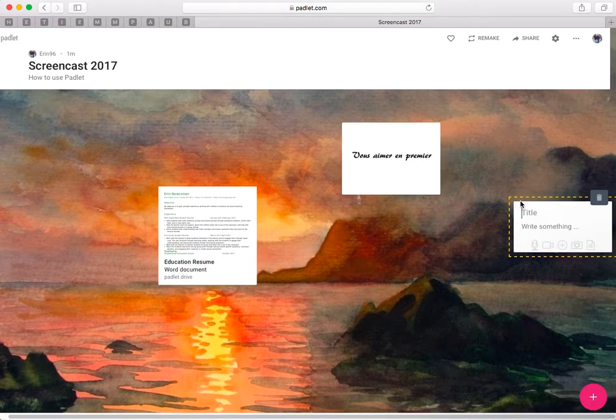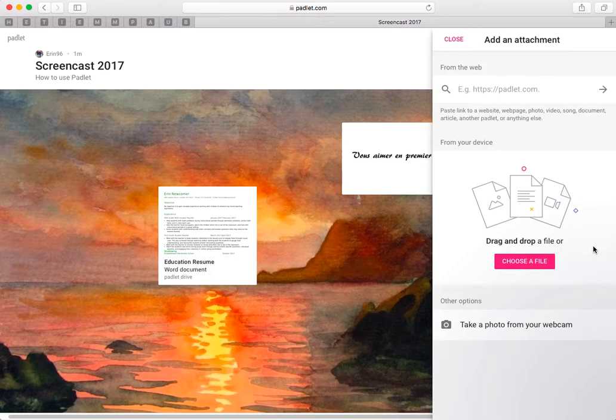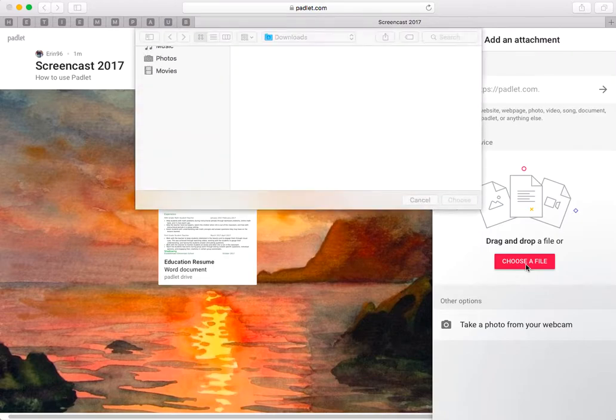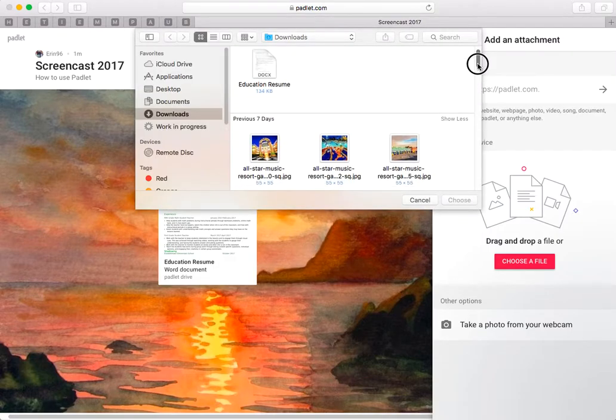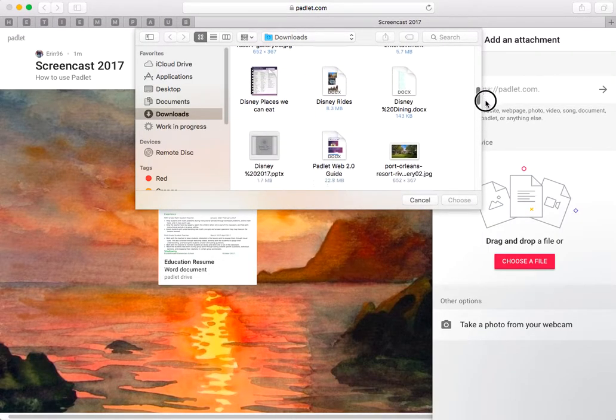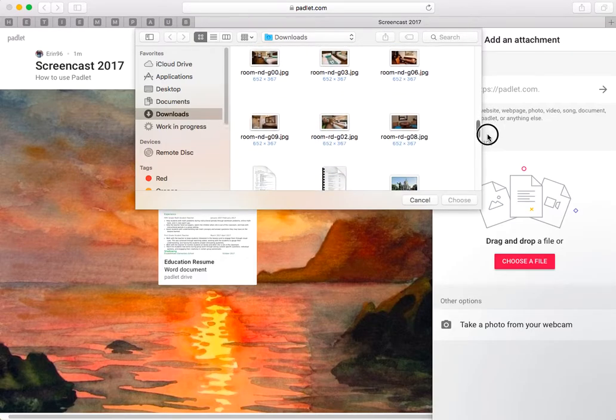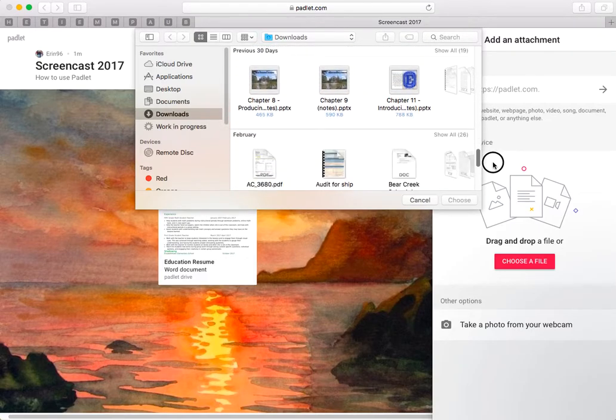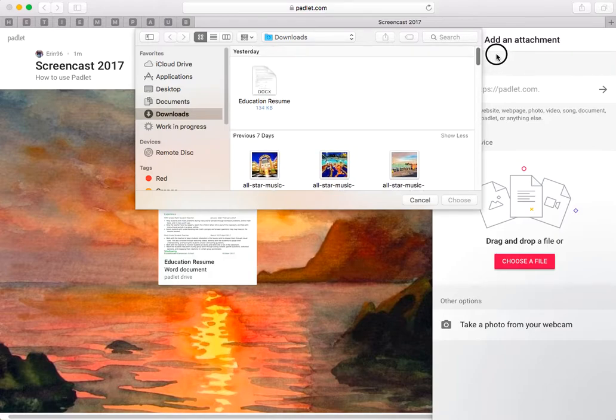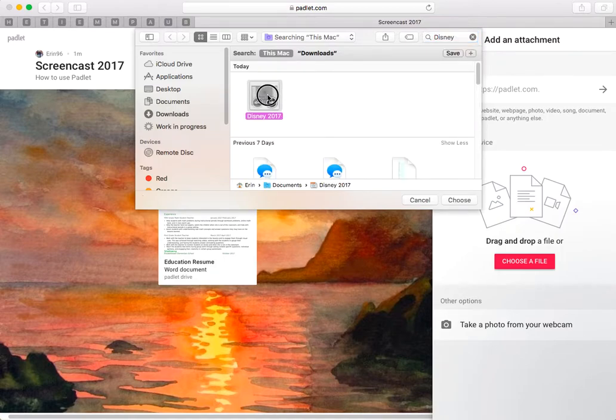And then the next one you can do is this little page. They all let you add an attachment, I should say. It doesn't necessarily matter which of those little buttons you click. I'm going to choose a file. This is what I found was interesting, if I can find what I want to attach. You can attach PowerPoints to this. I can't find it. But you can attach PowerPoints to this, and then the PowerPoint, there it is, will just